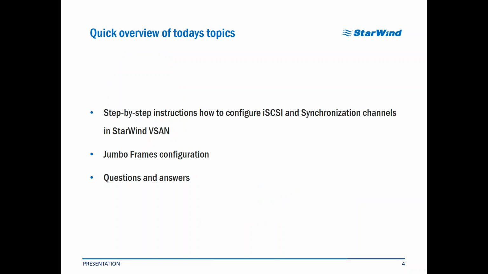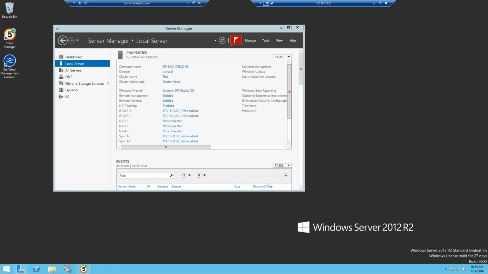So I'll give you step-by-step instructions on how to configure iSCSI and synchronization channels in StarWind. It's not something special. It's going to be like simple network configuration. And we will also talk a little bit about Jumbo frames. And as always, we'll have questions and answers at the very end. So let's move on. Let's open up our